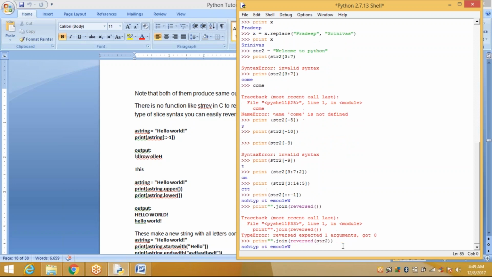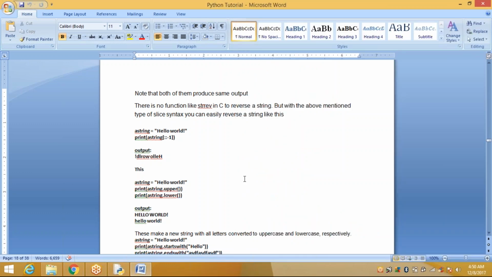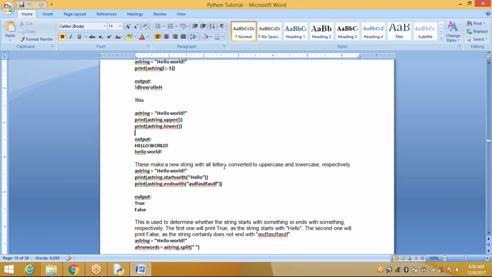Here reverse. So which is the easiest method? This is the easiest method. So print str2 array of colon colon -1, reverse value -1, -2. So when you use the starting letter, your string is reversed. Suppose you want to apply a method like this, print dot join reversed, and you give the string str2. So when you give it, it will display welcome to Python reversed. Okay? This is one of the methods which is not available in your C.